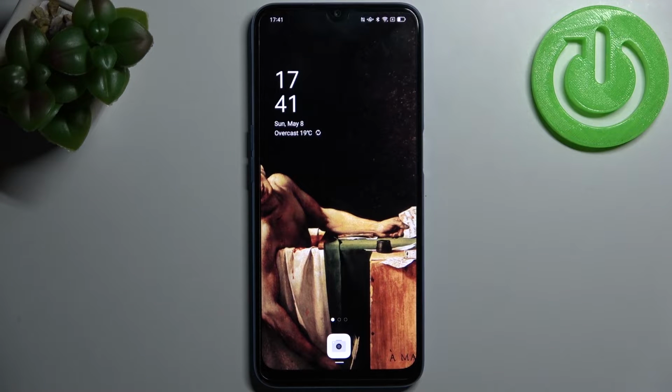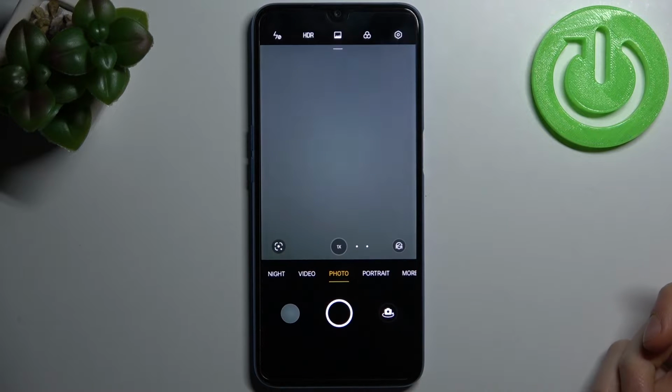Here I have OPPO A54s, and today I'm going to show you how to enable custom watermark in camera on this device. So firstly you have to open camera,